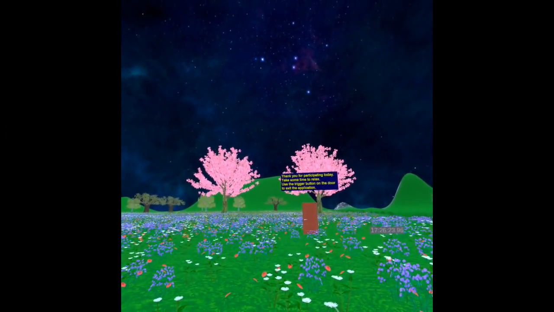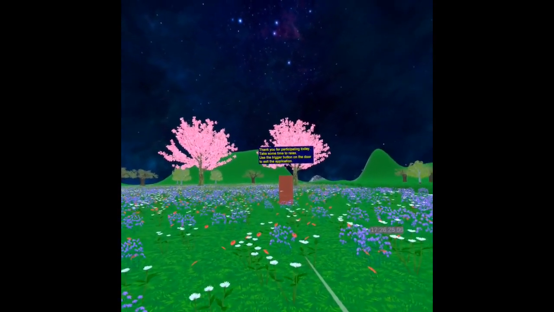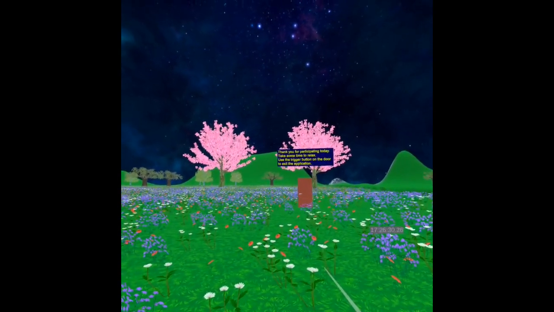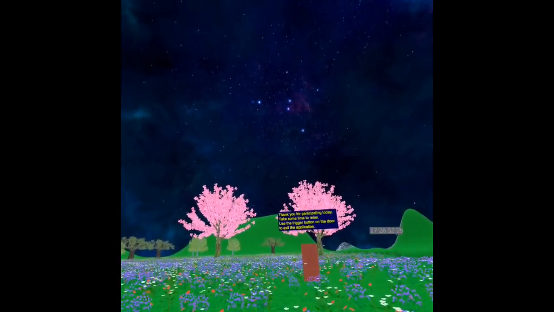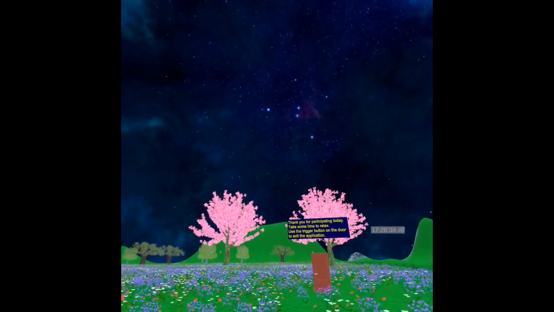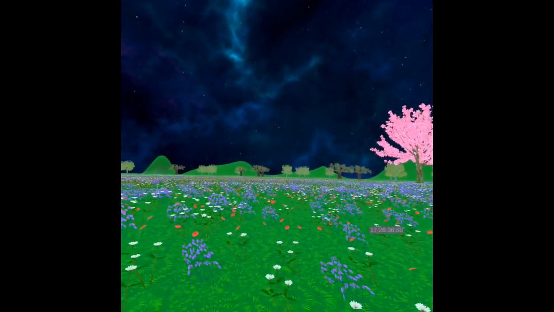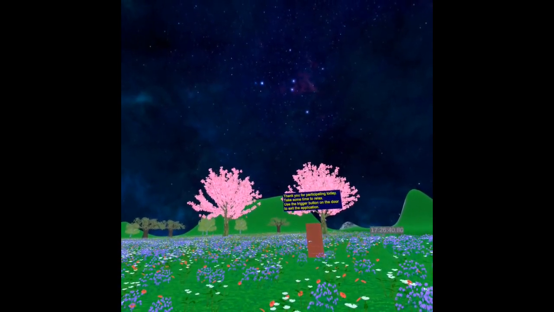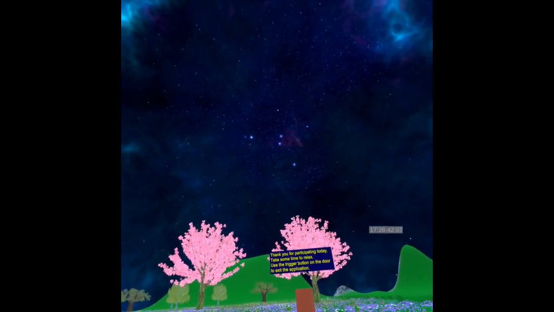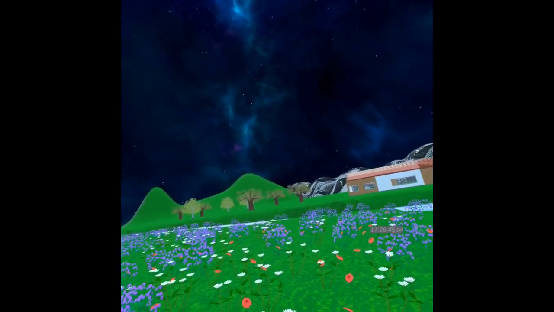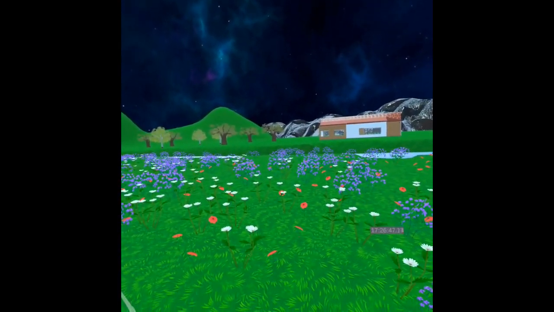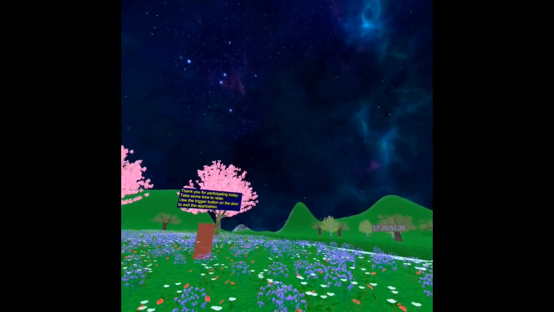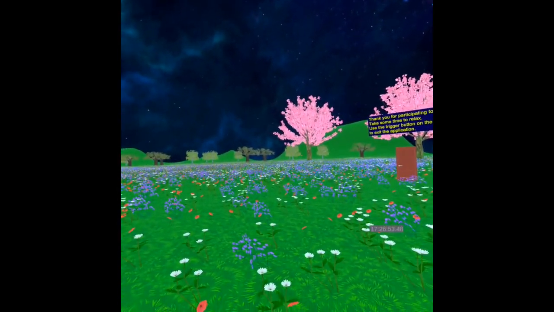This is the relaxation scene, which was added throughout the duration of the study. There's really not much to this place other than it's a place where you can sit, relax, and listen to the music. You can see kind of a night-like scene here.